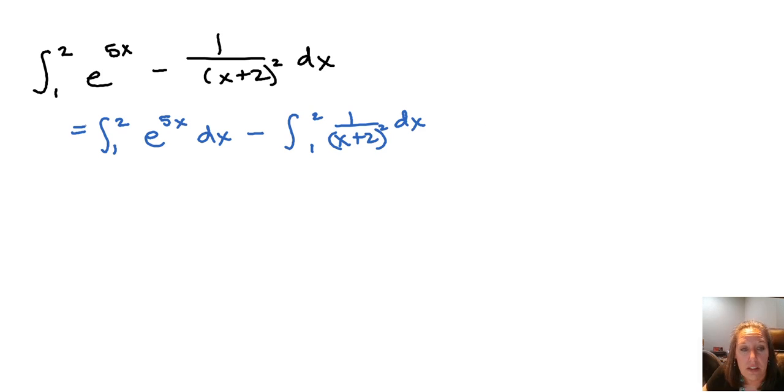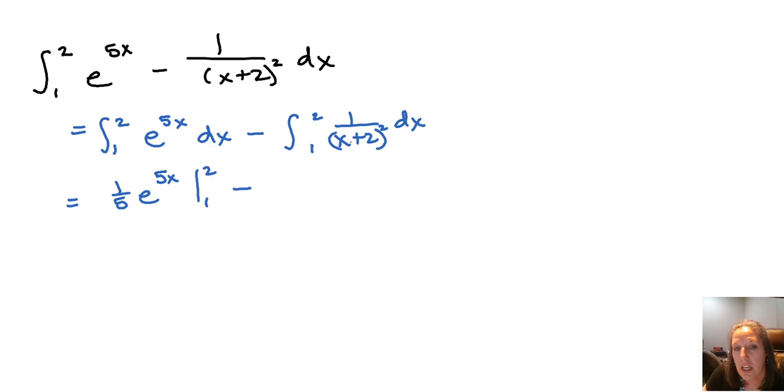And so we can go ahead and take our first integral, the integral of e to the 5x. Remember, that's going to be 1 over 5 times e to the 5x. We are still evaluating this from 1 to 2 minus, and then this one we're going to have to use